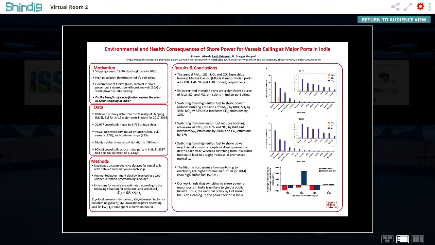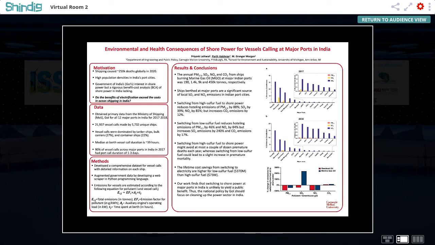We also found that if you switched from the kind of fuel that you're required to use from January of this year onwards, so relatively low sulfur marine fuel, fuel with 5,000 parts per million of sulfur, then shifting to electricity does not actually reduce emissions by very much. It does not actually reduce premature mortality by very much. And there are places in India where the dominant fuel is lignite for electricity generation, and in those places you would actually increase premature mortality.